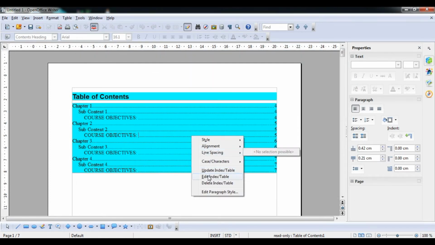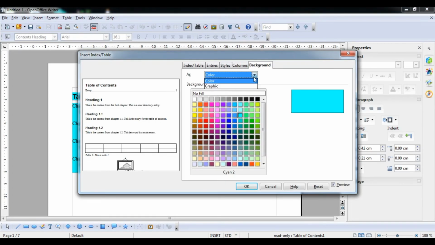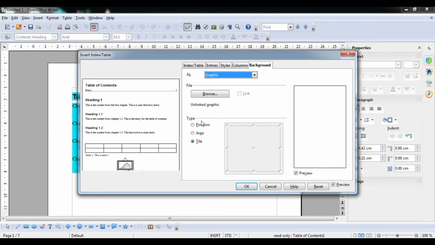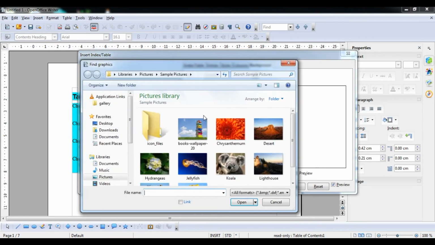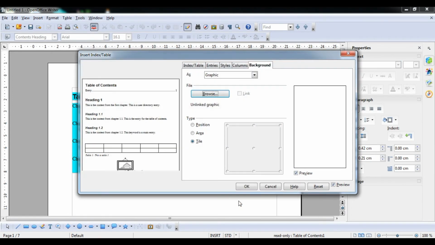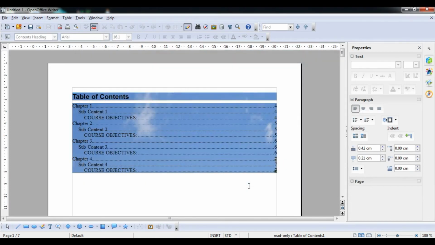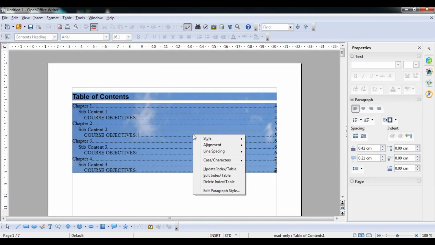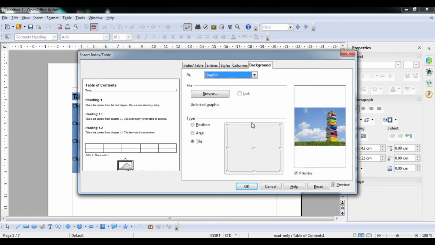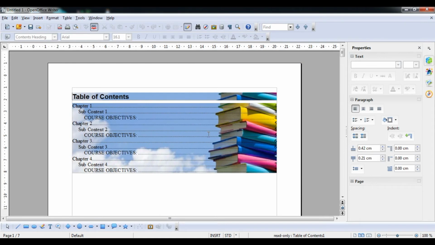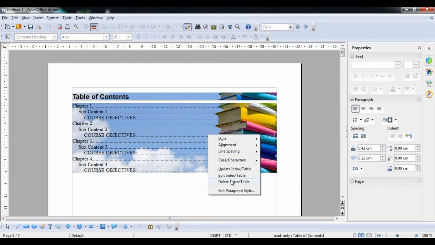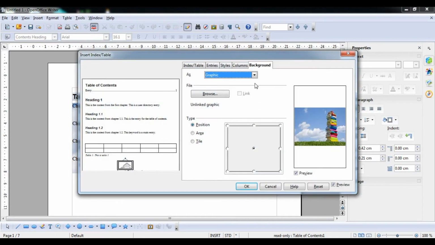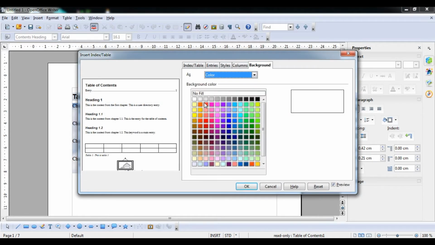And now I am going to apply graphics also. So go to the color option, where there is a background and graphic option. You can select the browse button. Inside that I select one of the graphics on my computer, then wait for its preview, and then press OK. Now you can see this particular background has been applied. If you want to select position and area like this also, you can see the background has been changed. Okay, students. So we have learned how to customize one of the options, that is background color.